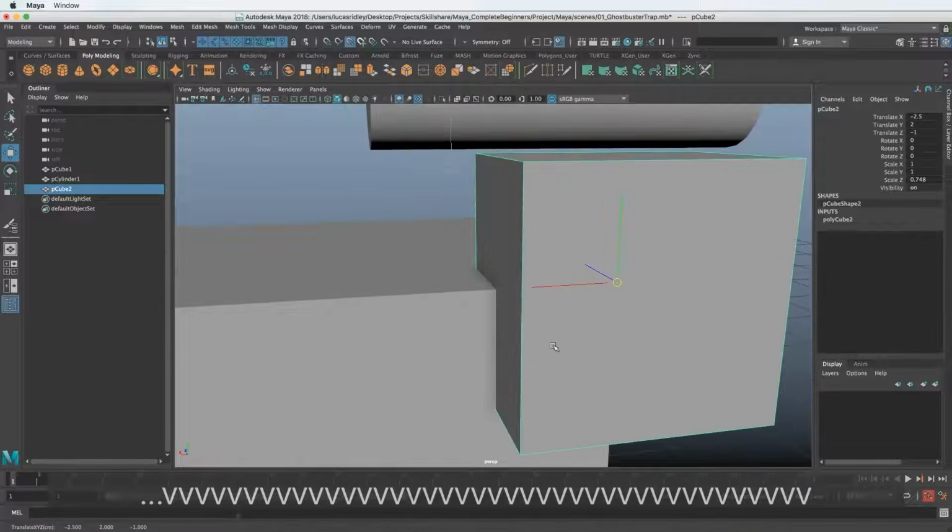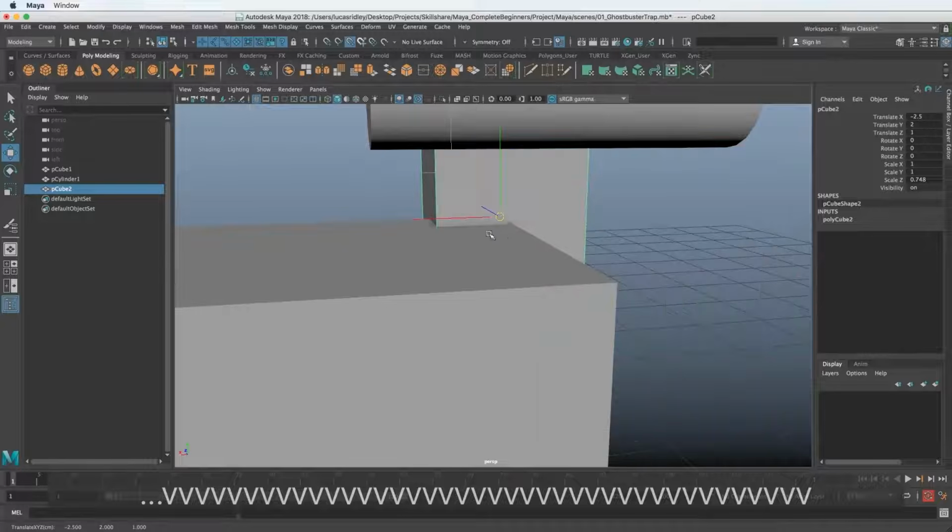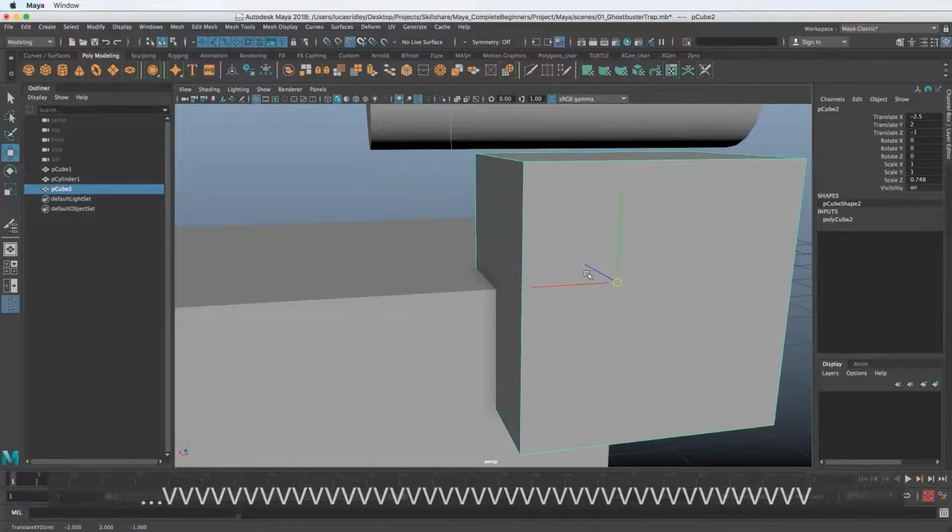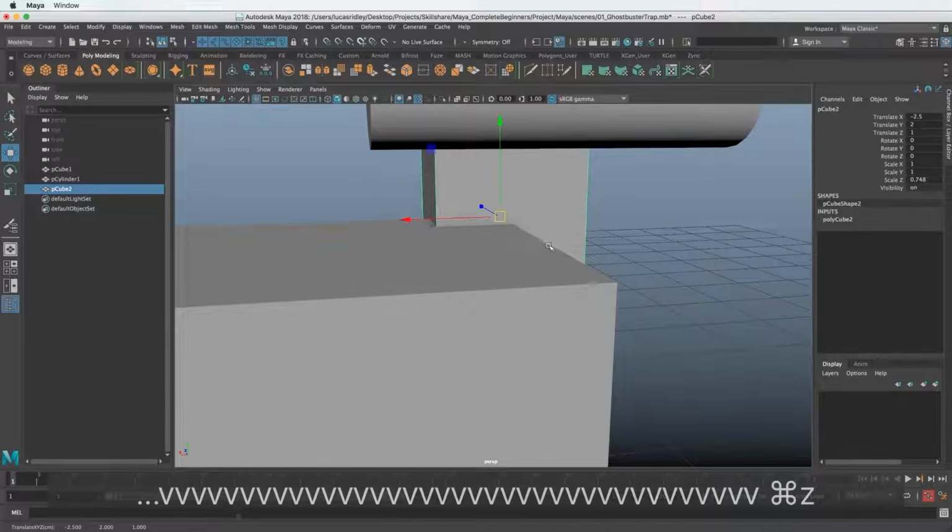You can see it's trying to snap to the corners of the box or the vertices of the cylinder. But we don't want the center to snap to it. We want the edge to snap to it.